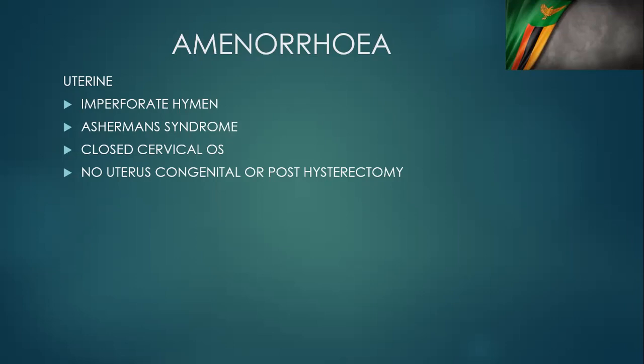There's what is called Mayer-Rokitansky syndrome. Again, you have to remember that syndrome. It's a congenital absence of the uterus. So that's something you see in your multiple choice questions as well as a cause of amenorrhea. What happens is that those Mullerian ducts don't form, and therefore the uterus doesn't form at all. So this patient has no fallopian tubes, they have no uterus, and so on. And that is what is called the Mayer-Rokitansky syndrome, congenital absence of the uterus.